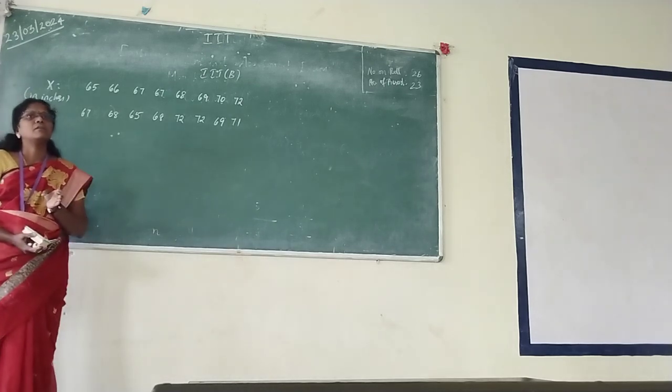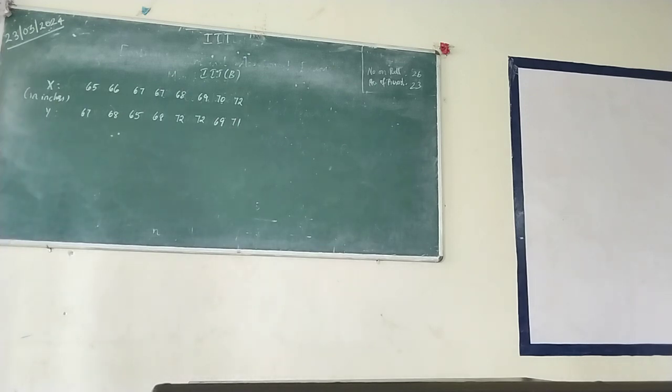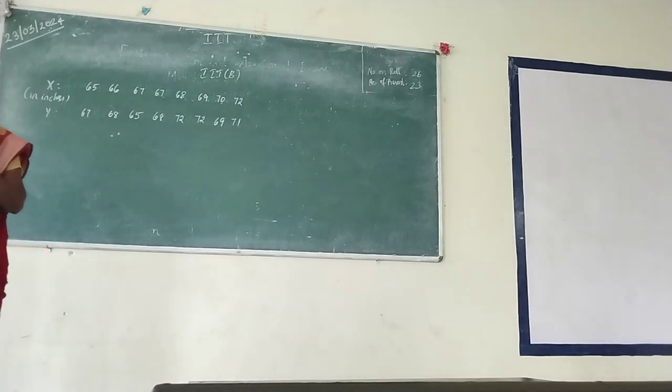What is the correlation formula? I am asking the correlation formula. We are going to find correlation only now, so give me the covariance formula. R is the correlation coefficient. What is the R formula? Covariance of x, y divided by sigma x, sigma y. What is covariance of xy? E of xy minus E of x into E of y.